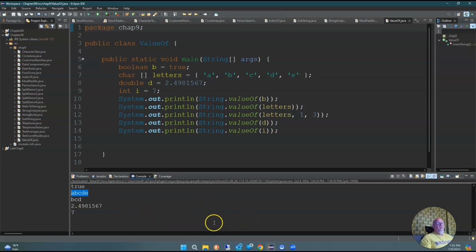Okay, that's all I want to cover for chapter 9 tonight, so let's go ahead and do some exercises. And let's go ahead